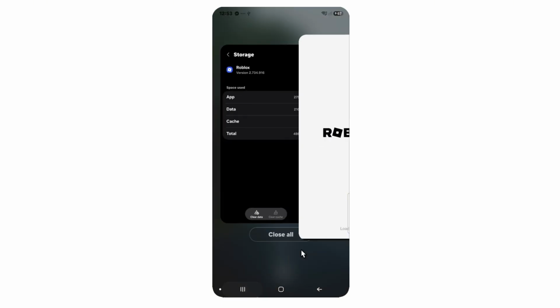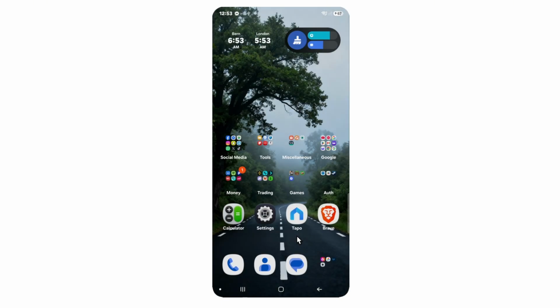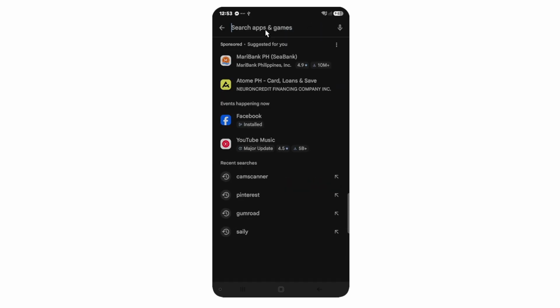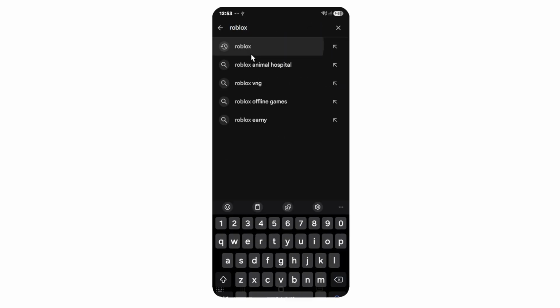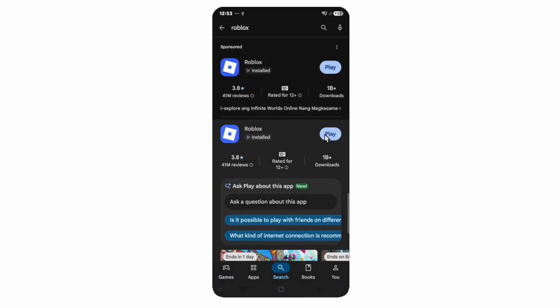Now, if that still won't work, close it. And by the way, for iOS, just go ahead over to settings, iPhone storage, then find Roblox, and then just offload the app. And after that, you gotta go to your Play Store or your App Store and just find Roblox and just make sure that this one is fully up to date. If there's an update button, tap on it, and once done, tap on play, and everything should work perfectly fine